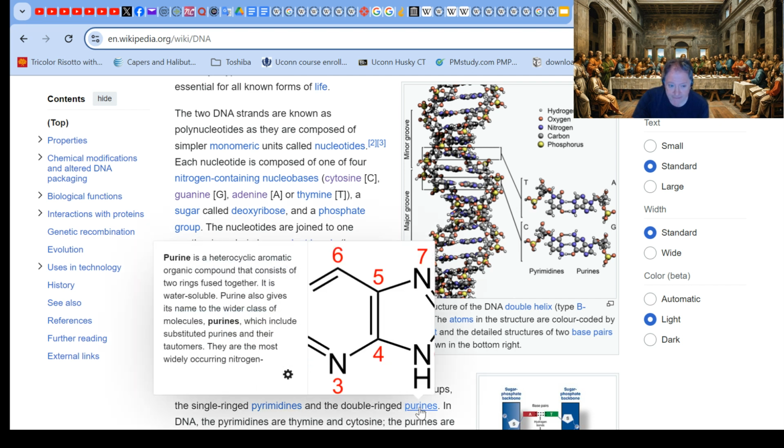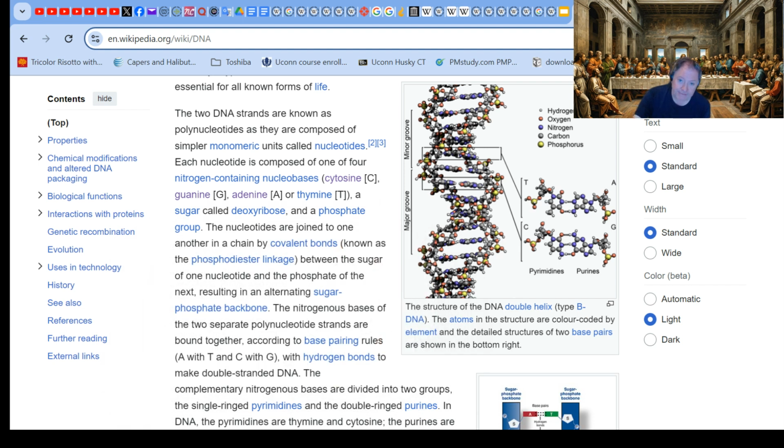Purines are double ringed. You see? I have a ring on this finger. Rings are really important. And this is another pattern that repeats. This is why we wear wedding rings. I happen to wear my wedding ring on my right hand because I'm in a Muslim country. And that's where Muslims wear their rings. Westerners wear their rings on the left hand. This is an important piece of this story.